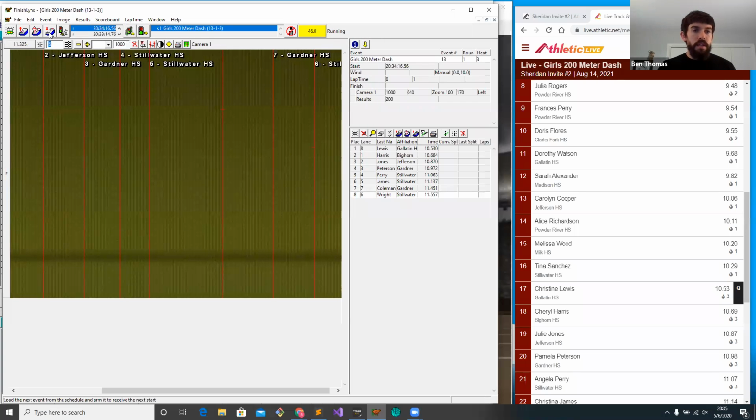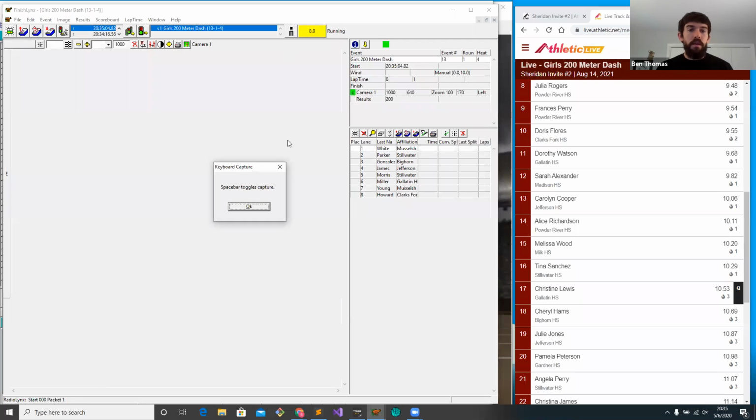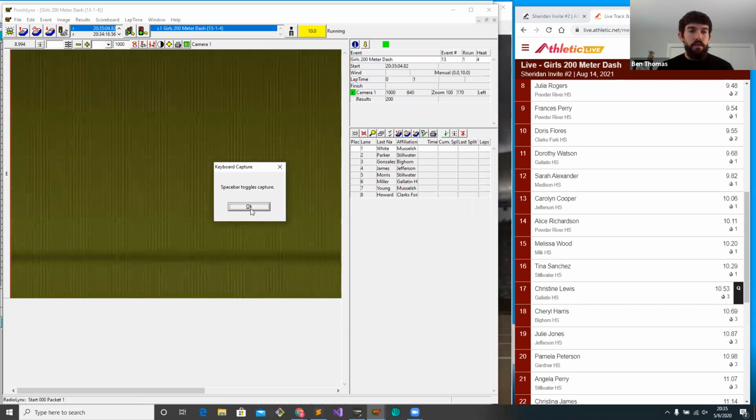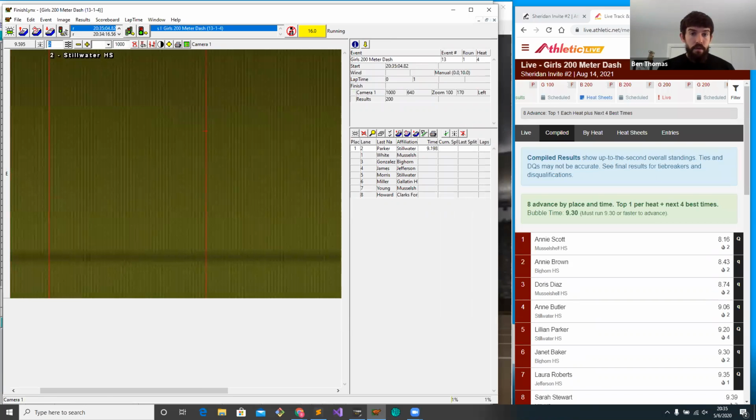And then head to the next heat. We'll fill this one out. This is the last heat of this girls 200. And we'll do the same thing we did with the girls 100. We'll bring this into the meet management system and upload it online. So I'll go ahead and mark these here. All